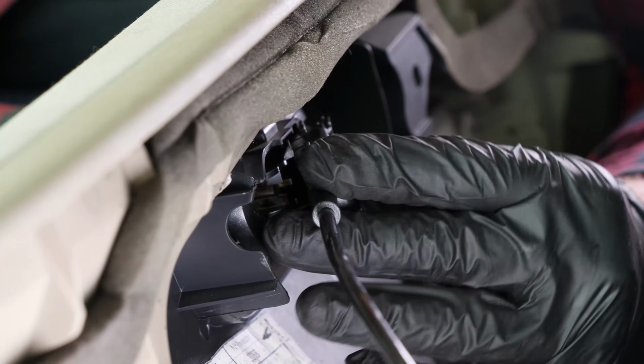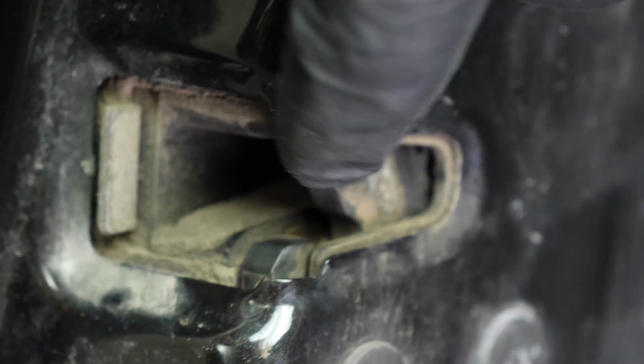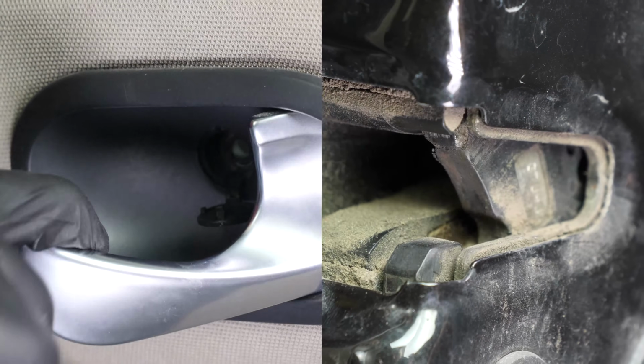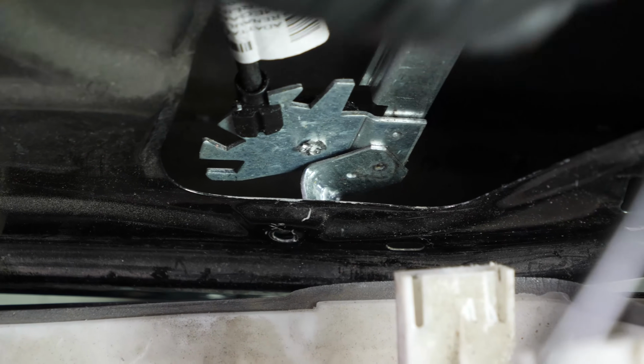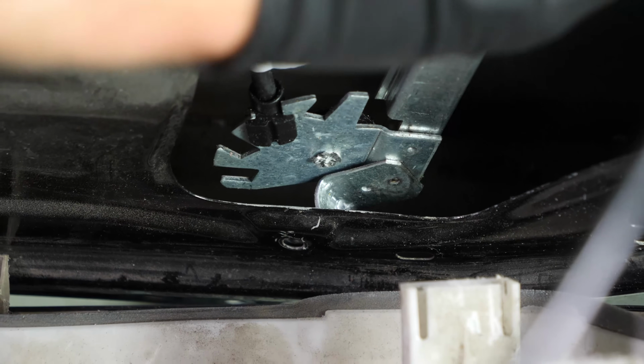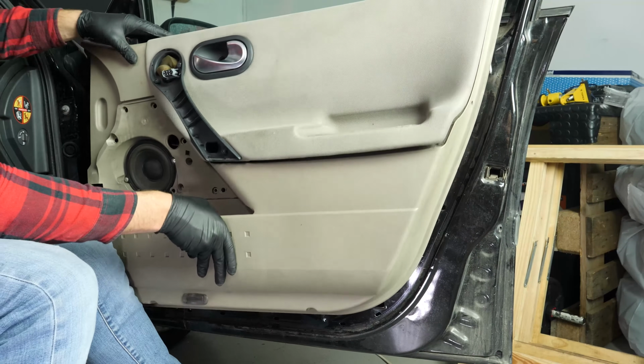Install the door handle cable and check that it works. Before putting the trim back in place, check that both lower parts of the window control mechanism are aligned with the holes to fix it in place. Put the trim back in place